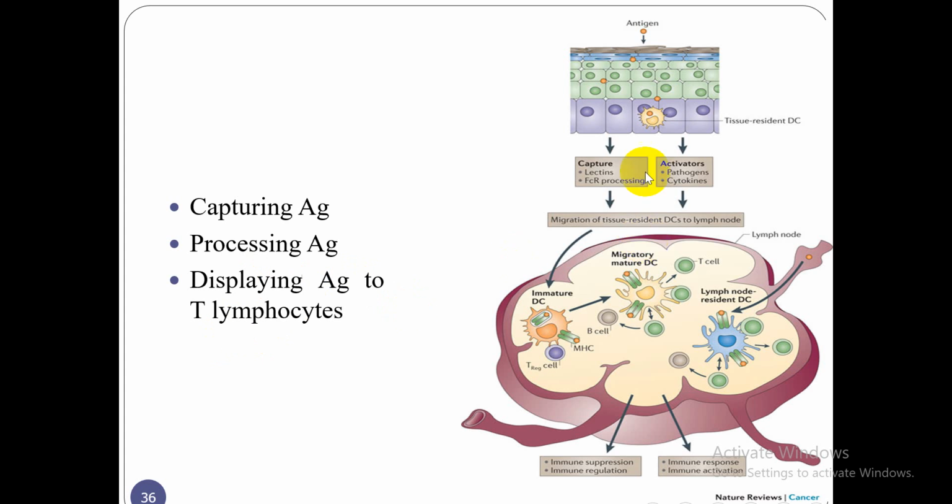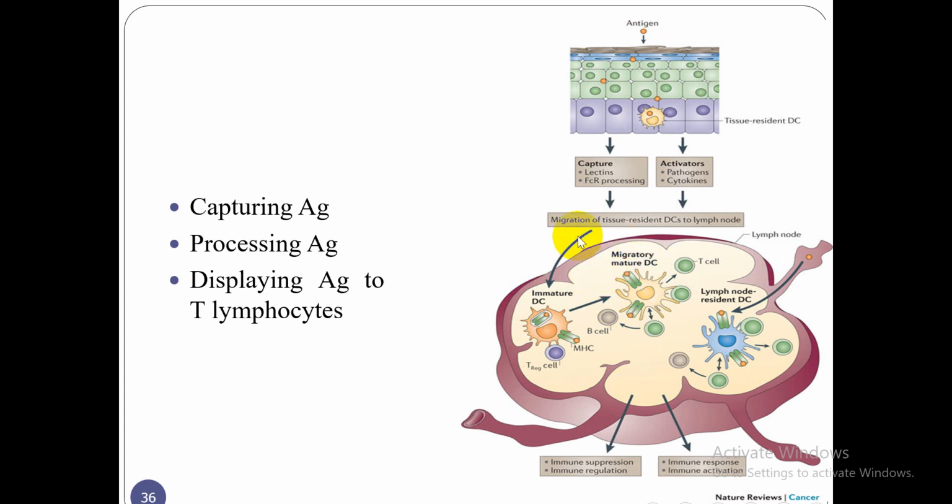You see here in the picture that an antigen enters the body, and dendritic cells which are present in a tissue can uptake that antigen. After uptaking the antigen, the dendritic cell could enter the lymphatic vessels, and by afferent vessels they could enter the lymph node,